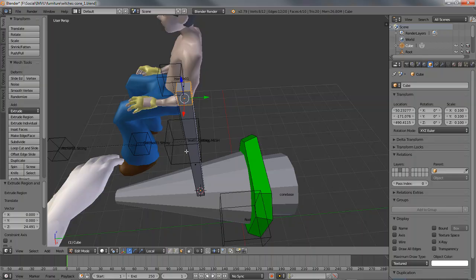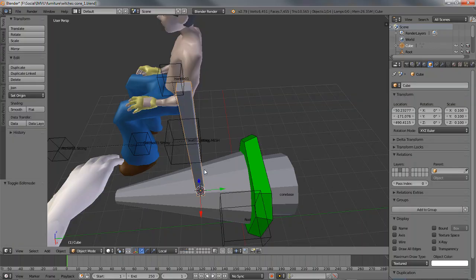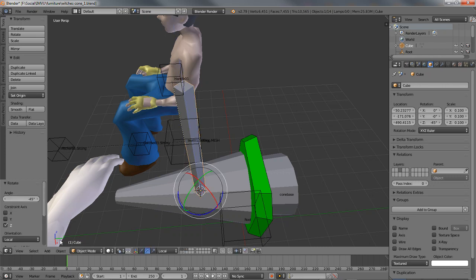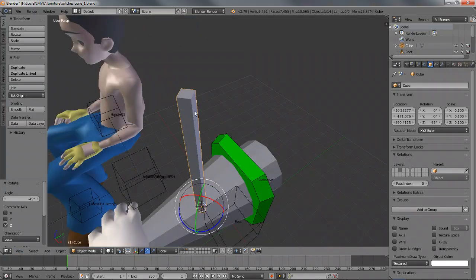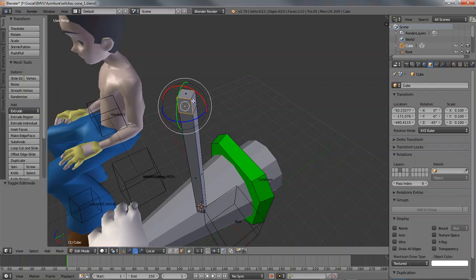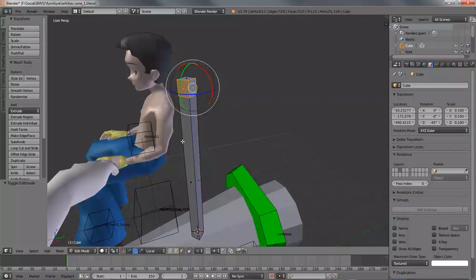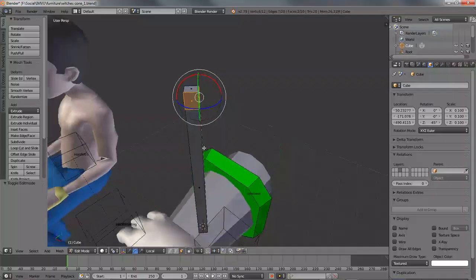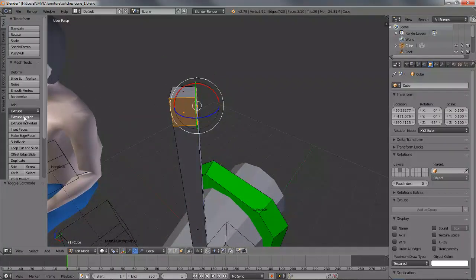Now, a cheap way to make this look round when we get to that point is to rotate it 45 degrees. So hold the control key down and it'll snap to increments. Let go when it's at 45, which will be indicated bottom left there. And then what we can do now is select those two faces and extrude those,